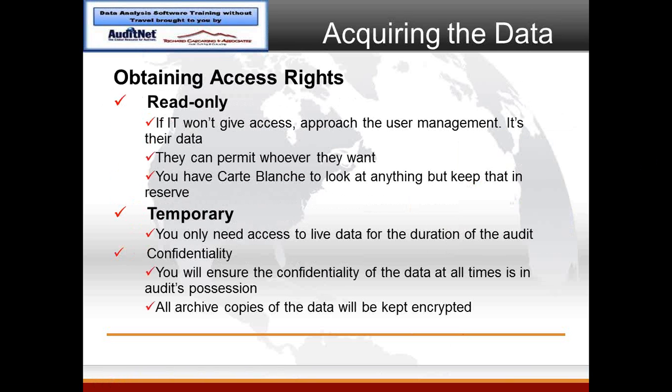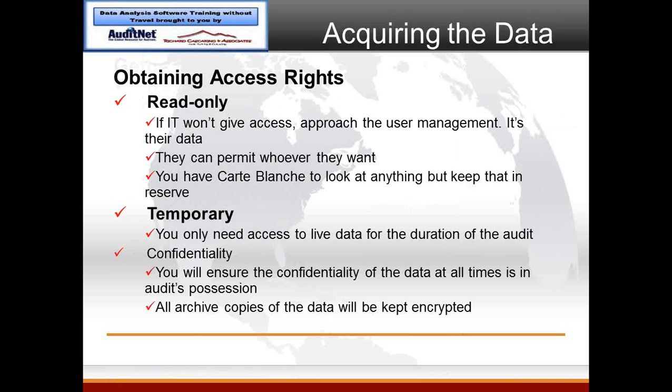You need to ensure the confidentiality of the data that you have got is maintained while it's in your possession, which means your machine has to be kept secure, and if you're archiving the copies, you have to keep those things encrypted. So that if this machine by accident falls into somebody else's hands, they've got the machine, they've got the data, but the data is meaningless to them. They cannot do anything with it.